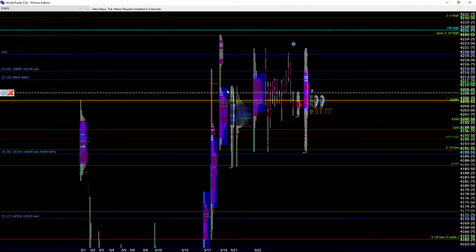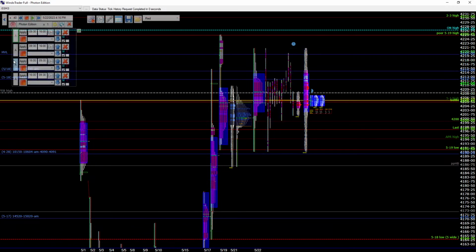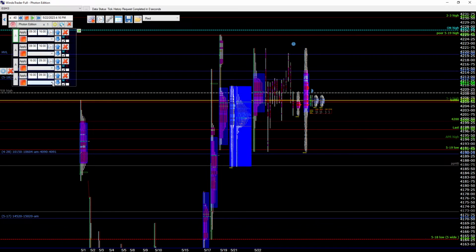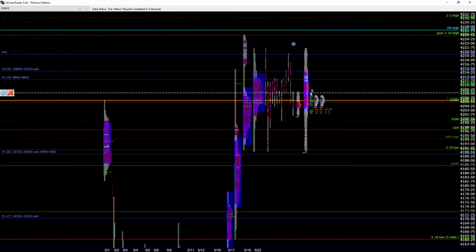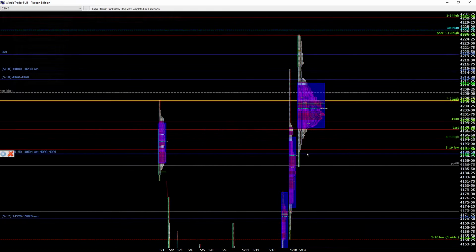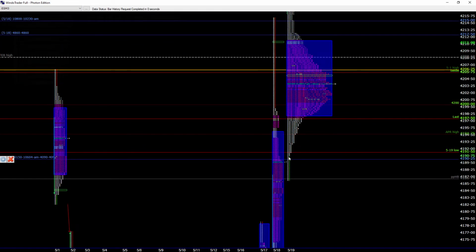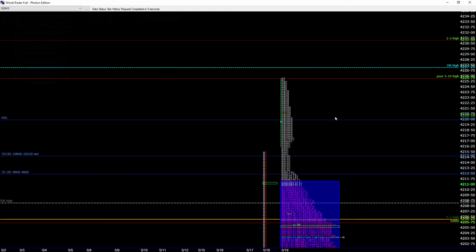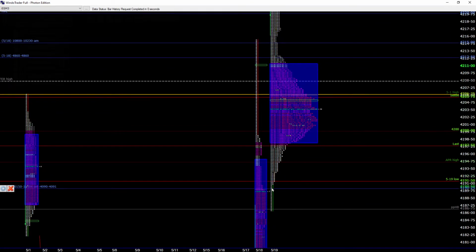If you put these two together, okay, if you combine, well, I don't know how to combine this. Let's see if I can remove that. This here. I'm going to combine these two. Yes. Now imagine the overnight as well here. I want to show you that the low, in the same way that this high doesn't have excess on the upper side, this one doesn't have excess in the lower side as well. There's no excess here in the lower side.